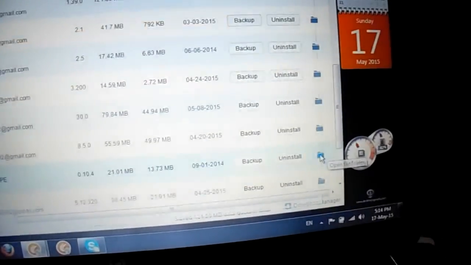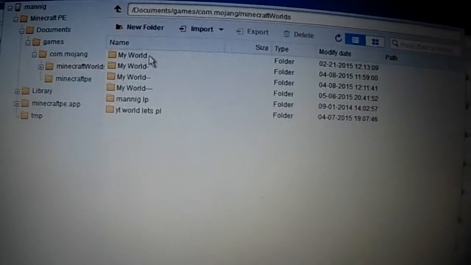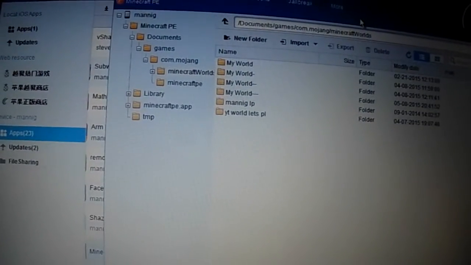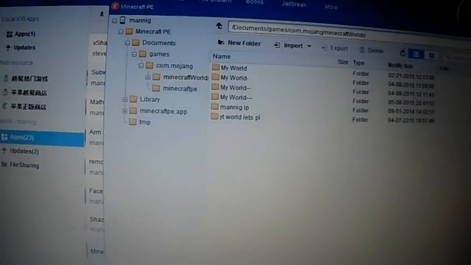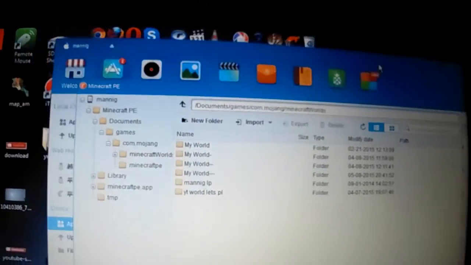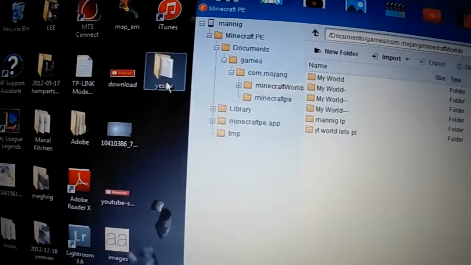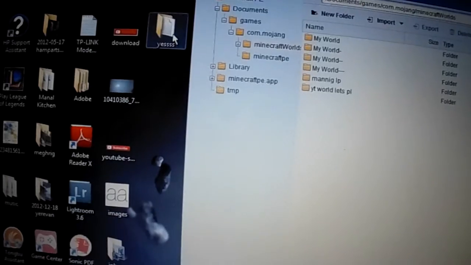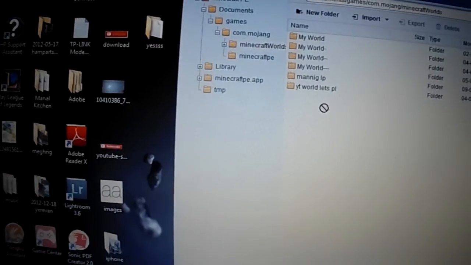Again, go to files, documents, games, Mojang, Minecraft worlds, and then this. So you can see your desktop like this, and then put this file, add it right here.